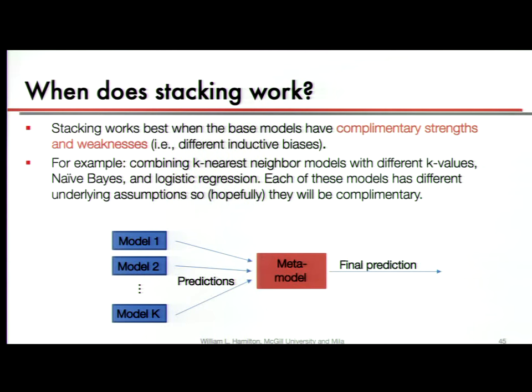All these different approaches make different assumptions, they have different pros and cons, and sometimes these can be complementary. So the idea is that if these approaches are making errors, these errors might not always be on the same sorts of examples. In fact, by combining the predictions made by 5 different models that all make different types of mistakes, we can do way better than just using one model. So again, the key thing here is that they should be complementary. It wouldn't make sense to just run logistic regression 10 times and then try to do stacking, because that's basically just going to give you the same prediction 10 times.